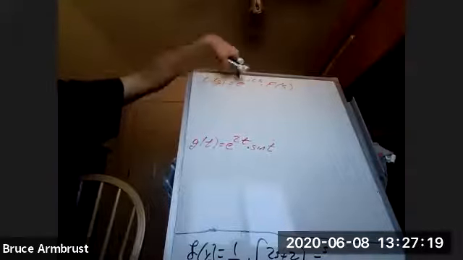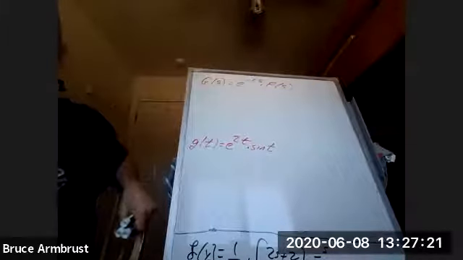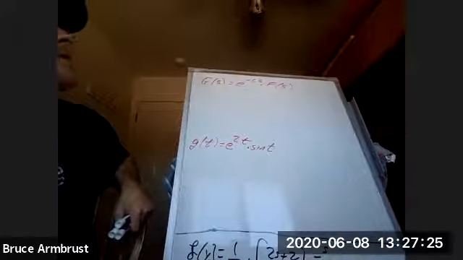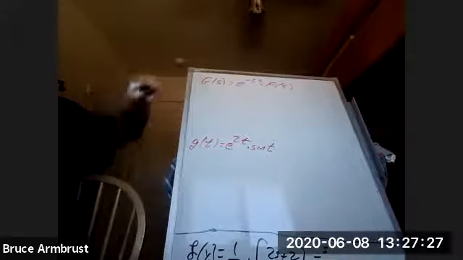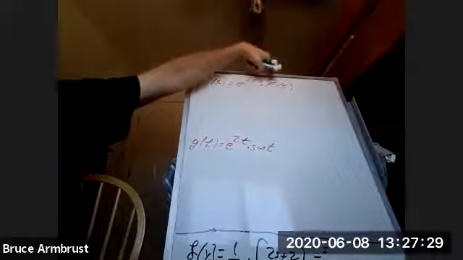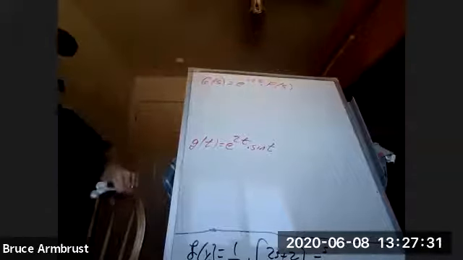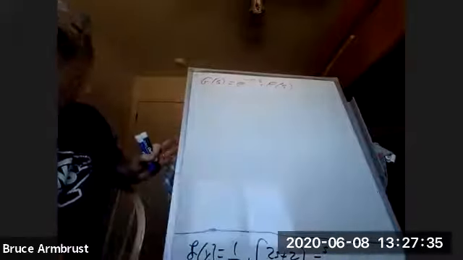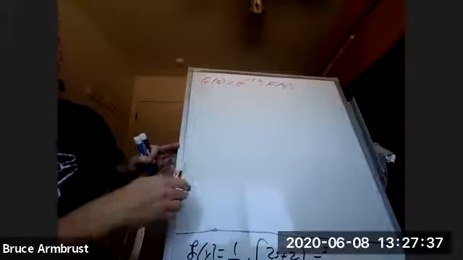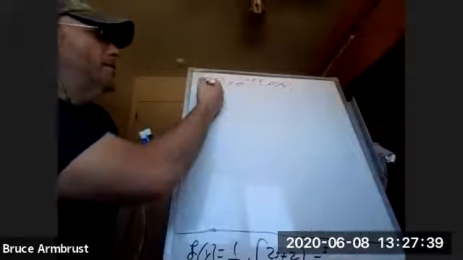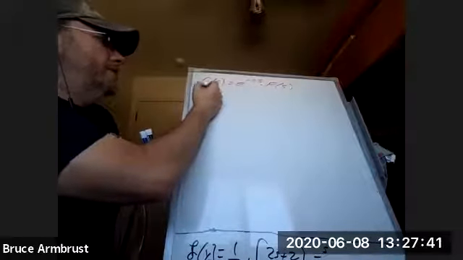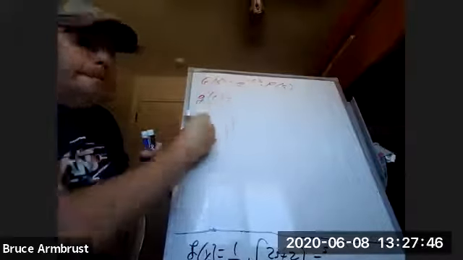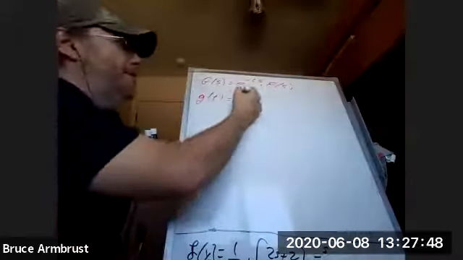Now, the e to the minus cs should trigger in you, oh, that's going to be a step function. And then you probably also want to go with, well, it'll be whatever the function was that gives us f of s. And that is true, but it's not quite exactly that. What we know is that the inverse Laplace transform of this, so g of t, is going to equal the step function